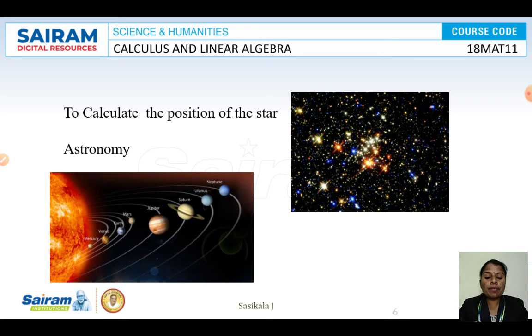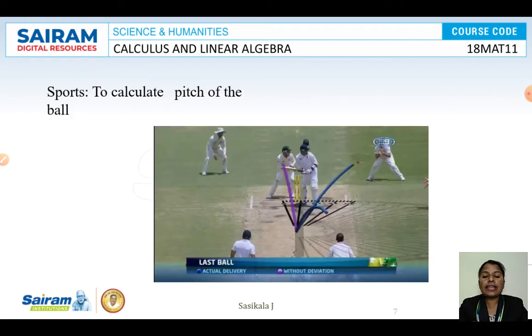So that is a major part we'll be having for your differential calculus. Differential calculus is there in astronomy, and everyone is seeing it in cricket. With the camera, when the bowler throws the ball, you can see the pitch of the ball. In the review or the highlights, they'll mention it, like if a person is throwing 6 balls in an over, they use 6 different colors for each ball, showing where it is pitched on the ground. That calculation is done by using your differential calculus.